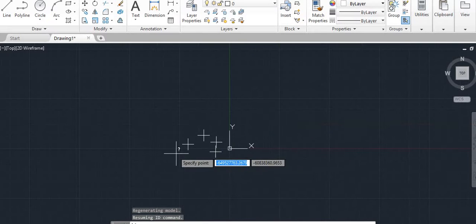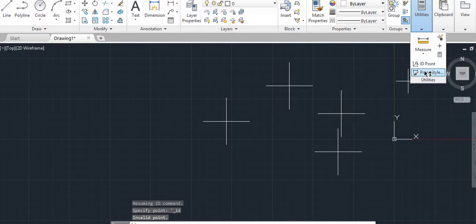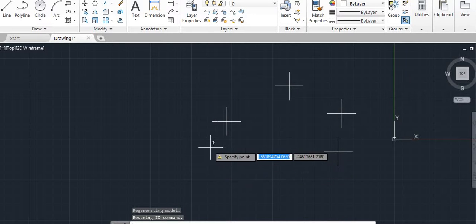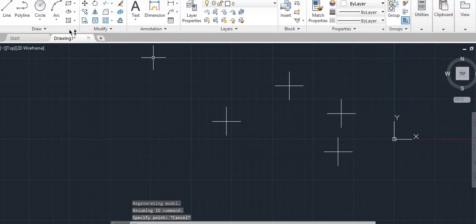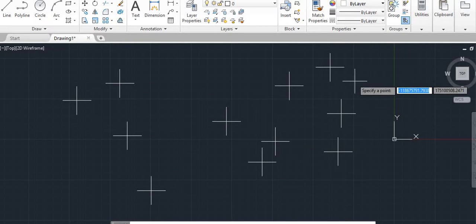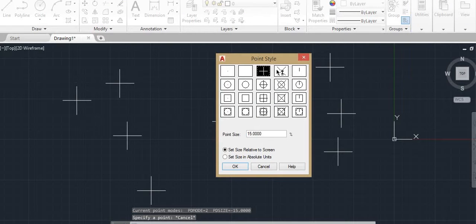Now I will change this point style and the percentage of increase. I can change this point size percentage to 100, 15, 50, anything which is required so that it is visible for me. This is multi-point, where I click on the screen and I get the points there.